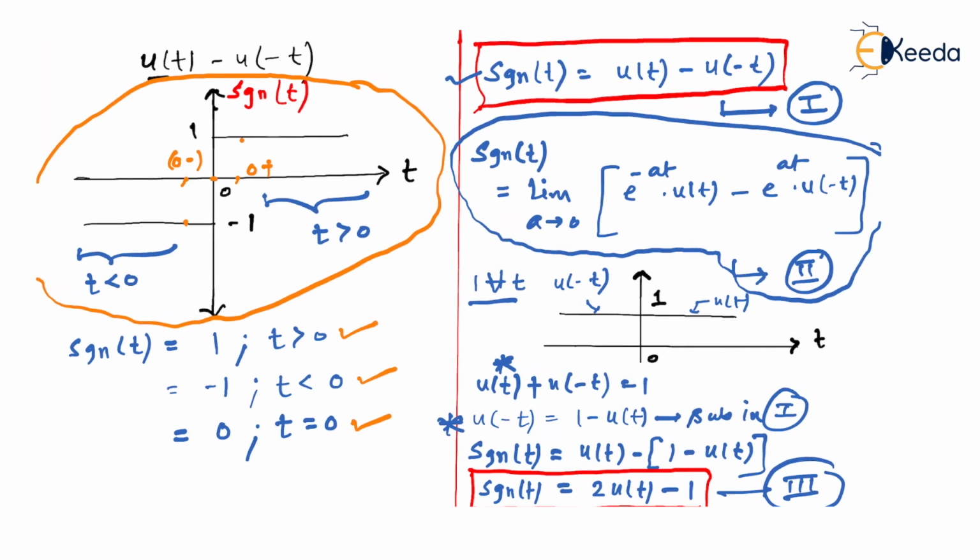So signum function, as I explained, is very, very important. When you will be solving for Fourier analysis, the signum function will come. During that, I won't be going into this detail. In fact, I'll write just the final expression of this and I'll start solving the problem which is based on signum function during Fourier analysis.